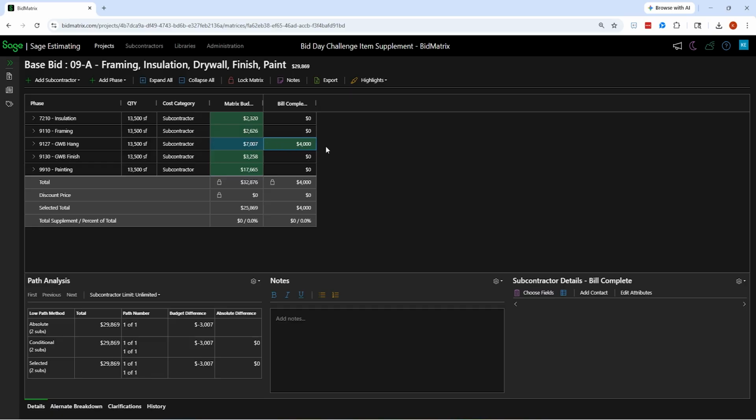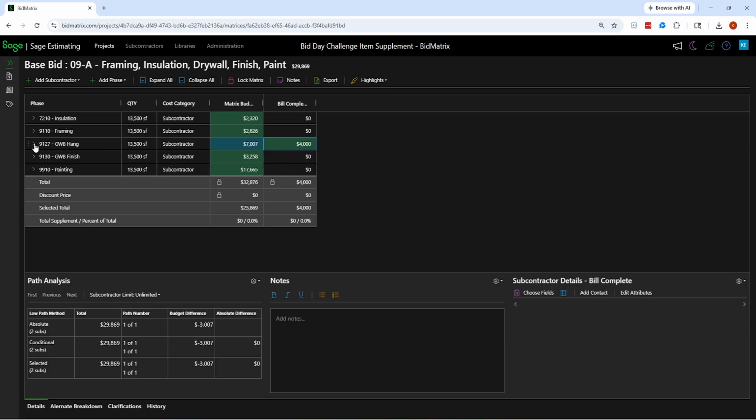So right now, it's going to use that low combination. And in our bid challenge, all we basically did is all the numbers are comparable, and so that way we just had to find the low solution. But realistically, when you're looking at bids, you're also looking at numbers in relationship to each other, and is that bid really complete? Is that scope really covering everything I need for that section?